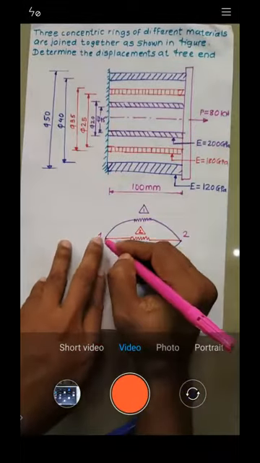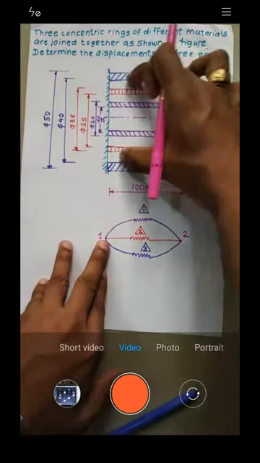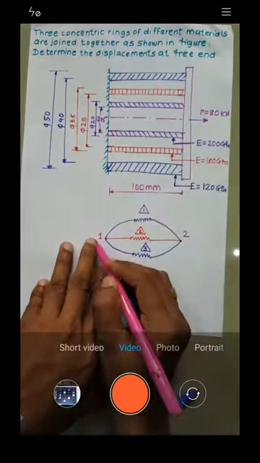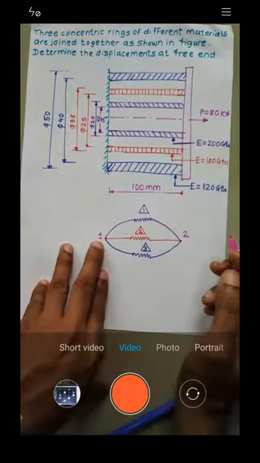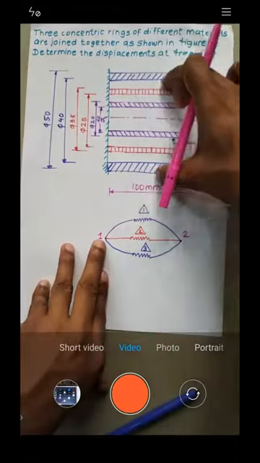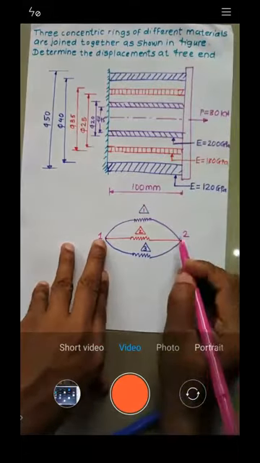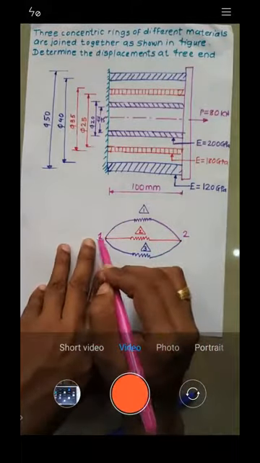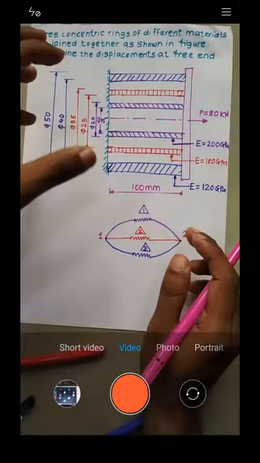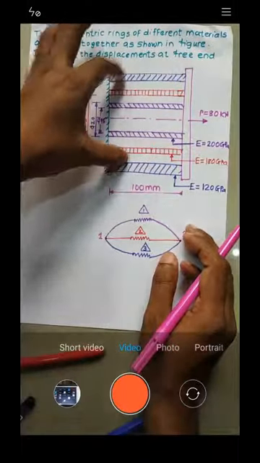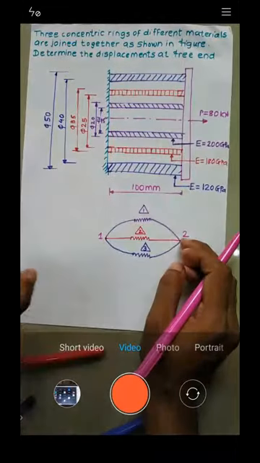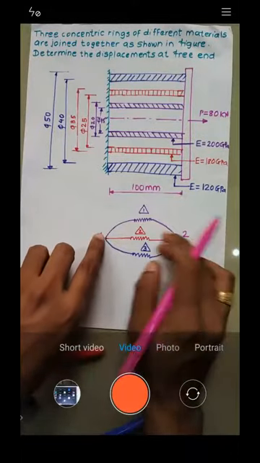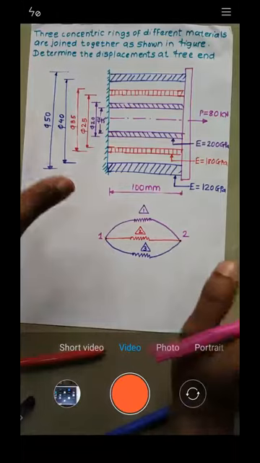If you see all these rings, they are connected to the fixed support, and that connection point I will call point number 1, and that is basically node 1. Similarly, all these rings are connected to the plate, and I will call that point number 2. So these are nothing but your nodes, node number 1 and node number 2, because we have everything in between this fixed support and this plate. The connection between rings and fixed support is node 1. The connection between rings and plate is node 2. Is that okay?